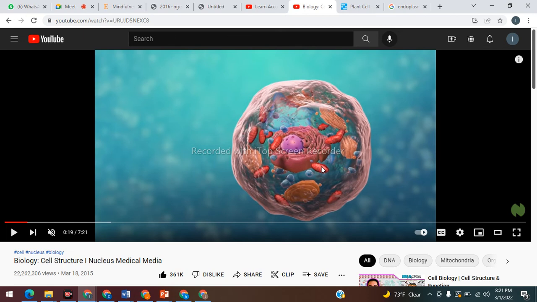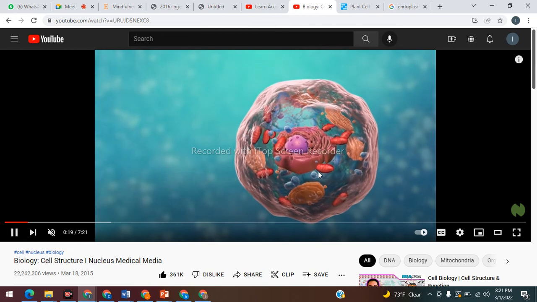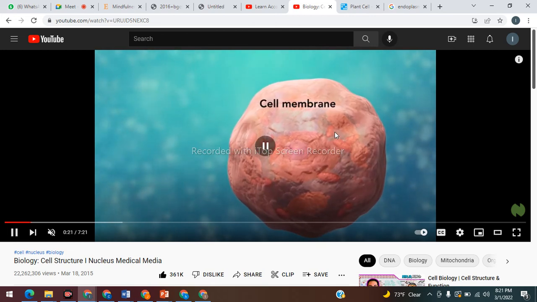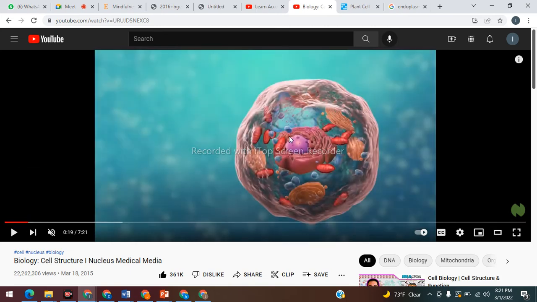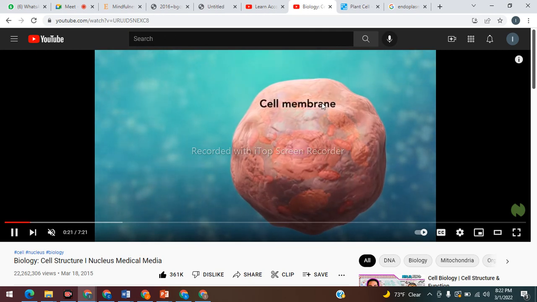Chloroplast. Why can it not be the chloroplast? Is this a plant cell or animal cell? That'll be an animal cell. How do you know it's animal? Because it is weirdly shaped and it doesn't have a cell wall. So the red stuff can't be the chloroplast. It'd have to be the what? Mitochondria. Good.